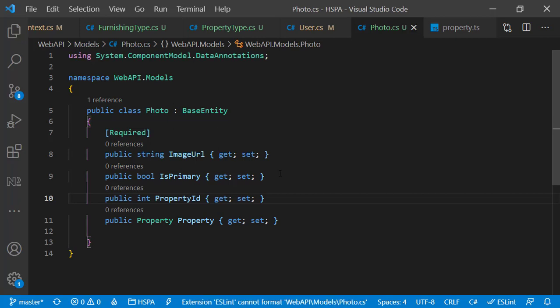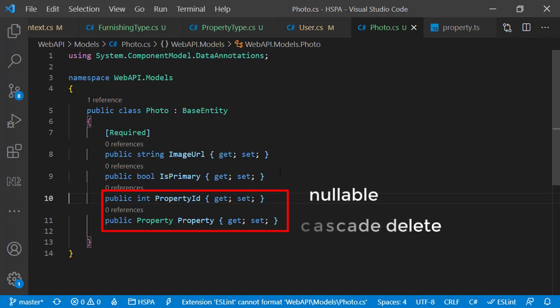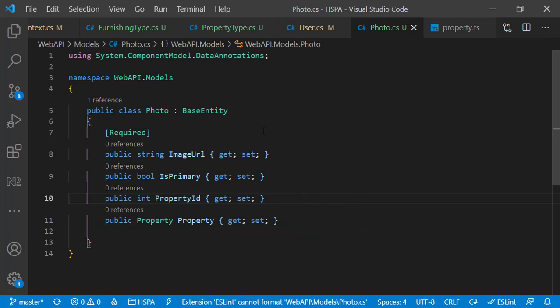But if we do not define PropertyId and this navigation property here, Entity Framework will create the PropertyId field as a nullable field. Also, it will not enable cascade delete for this field, meaning if we delete a property, the associated photo will not be deleted automatically, and it will make our photo records orphans in that case. And it does not make any sense to have a photo without a property ID in our application.